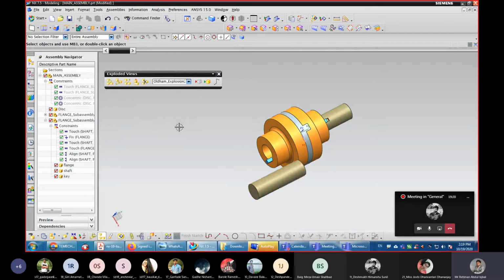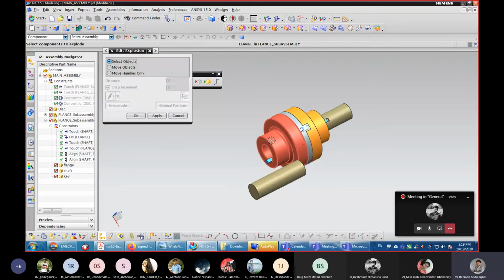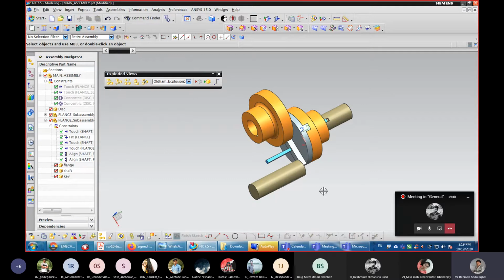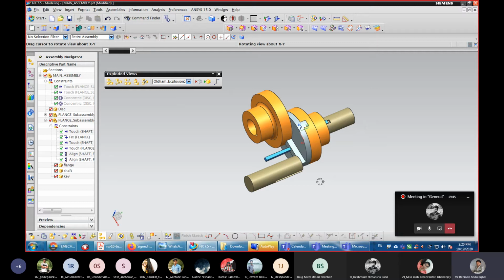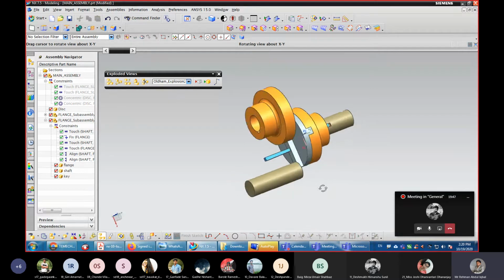Okay, similarly this flange can be moved in x, say minus 50. And see.